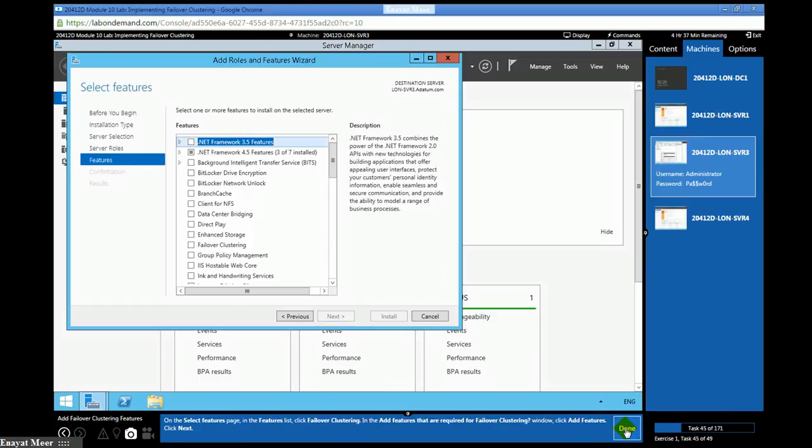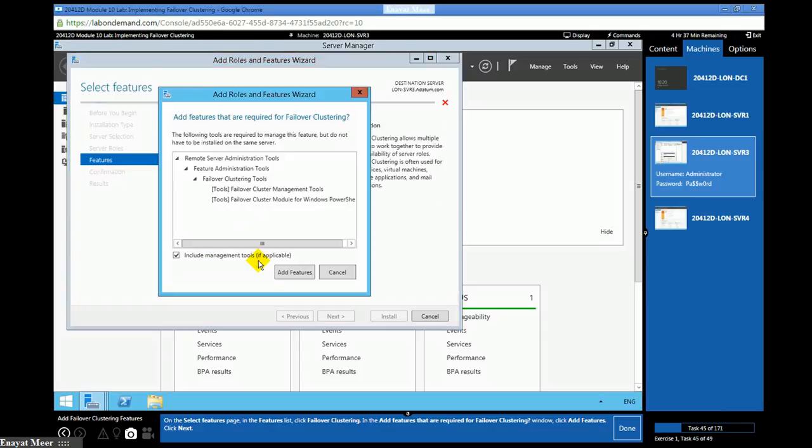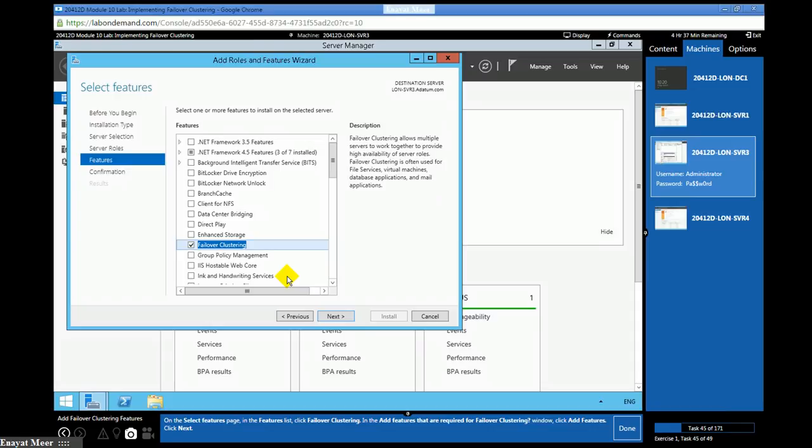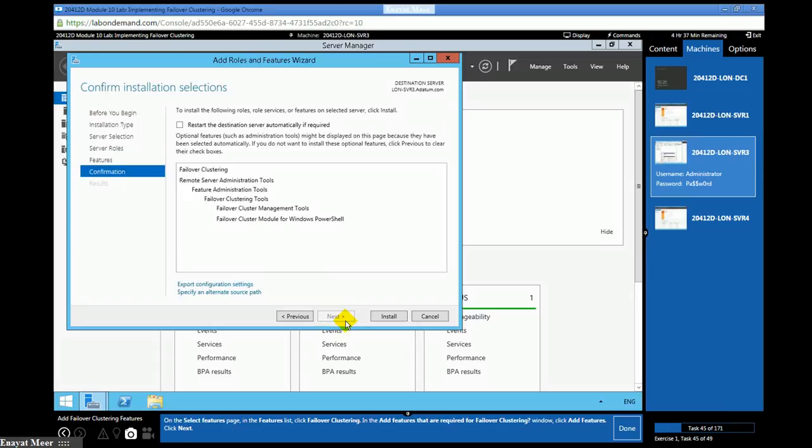So here I'm going to add this feature, failover cluster, all the way down, fourth from the bottom. And this will add features, so you always have to say yes, add features. You can continue and install.